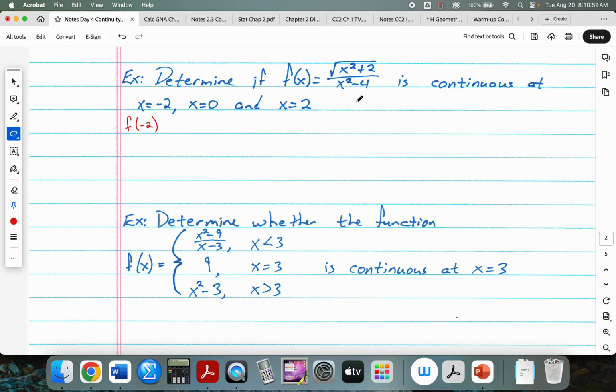At -2, what happens with f? Zero in the denominator. Yeah, so that's a problem. So this does not exist. Therefore, f is not continuous